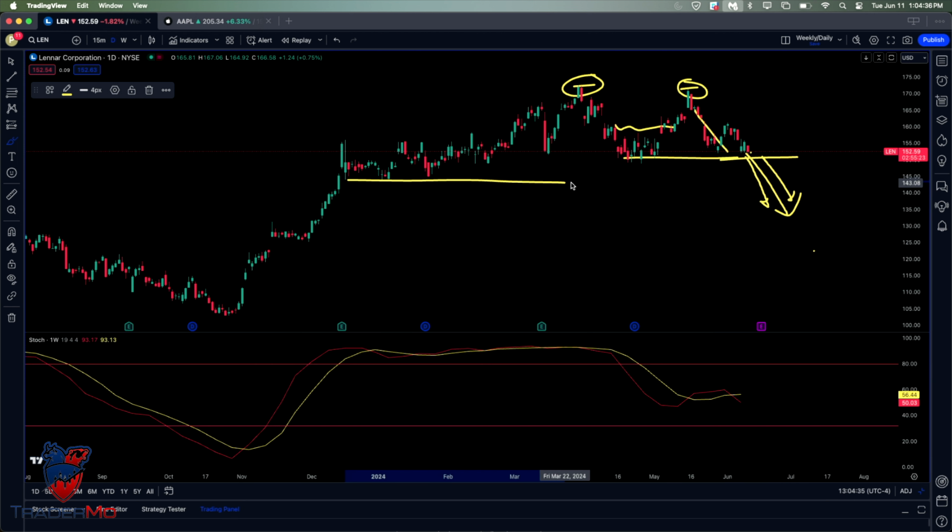Once you break that level right there, you're going to get hung up here around 145, and then it can really be a free fall down to about $127. Then you have a gap to fill. Then you have more gaps. I mean, if selling came in, let's say that something happened in the world of homes, this thing could easily come down to about $103, $104 a share. Not saying that's going to happen, but you can see how the ugly face pattern kind of starts that trend